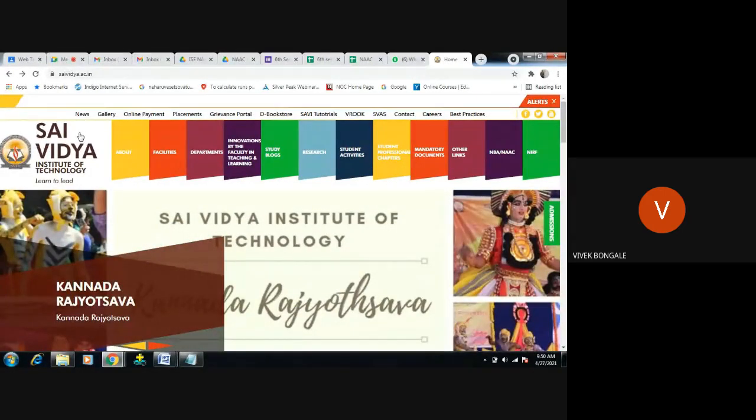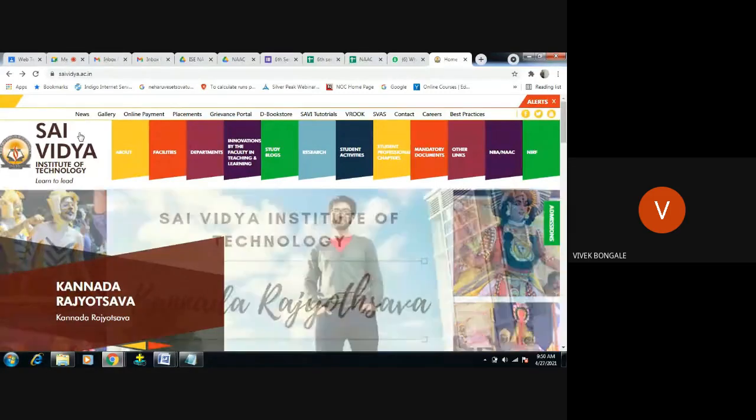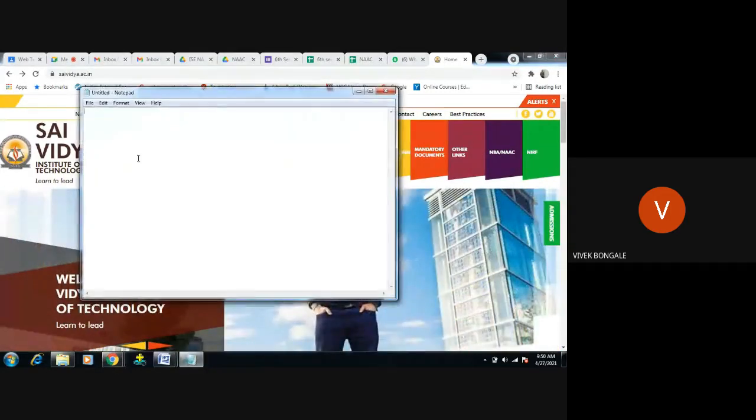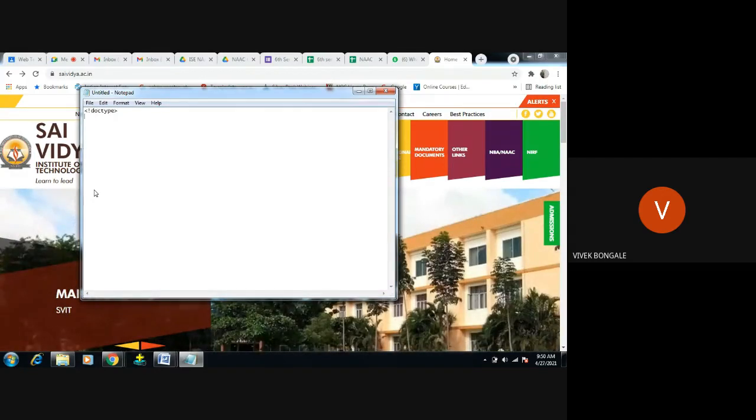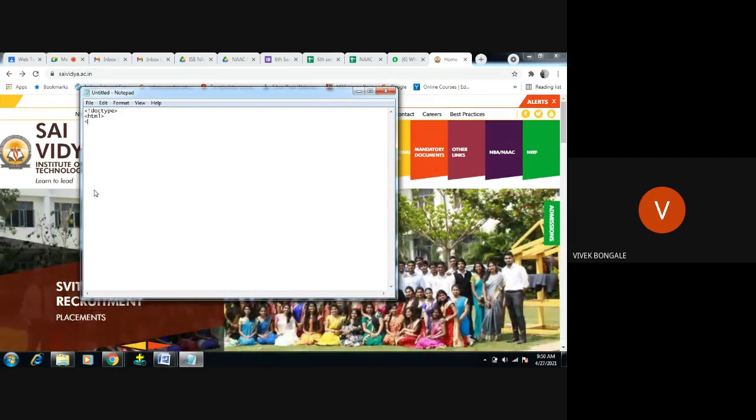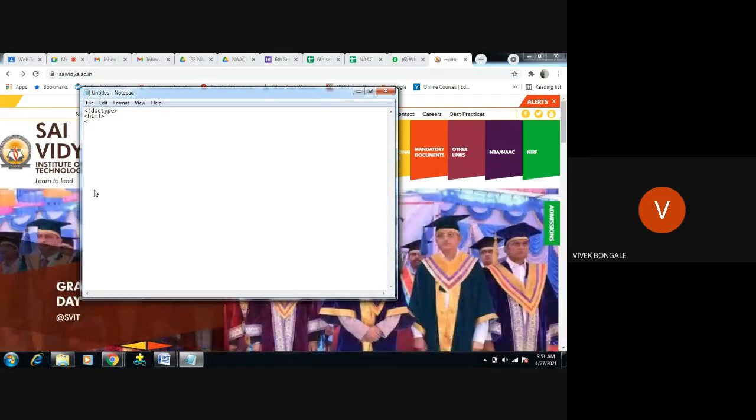There, if it is there, you're going to see that one. Just here you're going to see how to give the logo and how to give the header part. Next, obviously start with the doc type, then the HTML root element, and all these things we're going to give in the body part only.